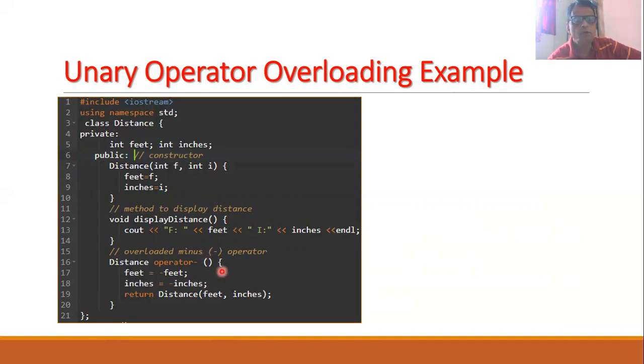And in the function body, what we do is change the sign of the feet. So whatever is the input, that is changed with the minus sign, and also the sign of the inches is changed with the minus sign. And then we return this value to the caller.